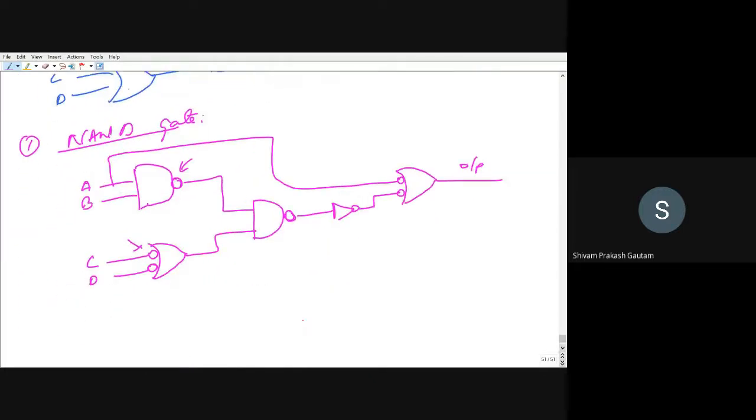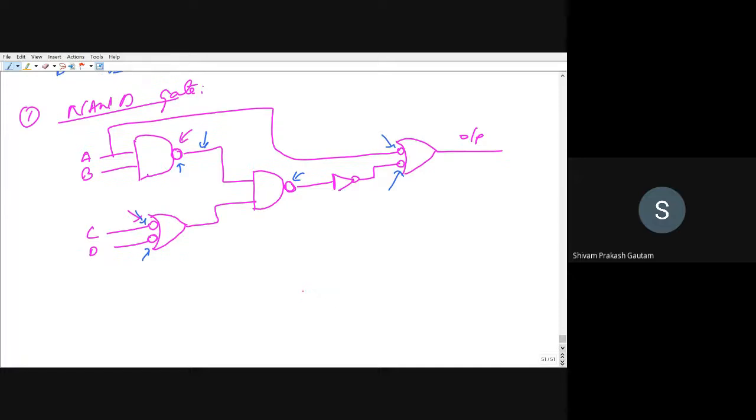So you can see which line has got an inverter. First, we will point out this. This line is having an inverter due to this circle, so we have to add an inverter here. These two lines are having a bubble, so on these two lines we have to add an inverter. This line has also got a bubble, so we have to add an inverter. This is also again a bubble, so we have to add an inverter. This line has also got a bubble, so we have to add an inverter.